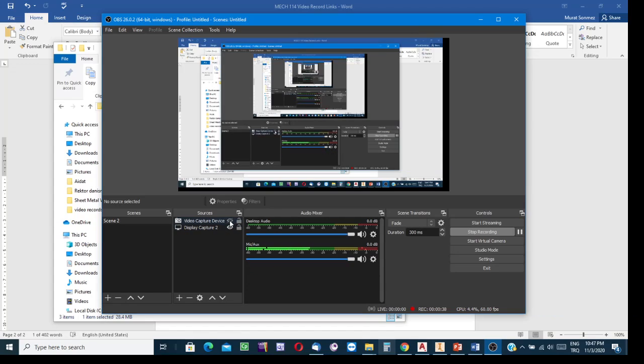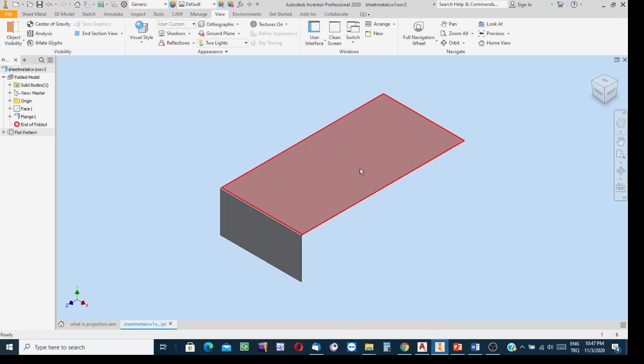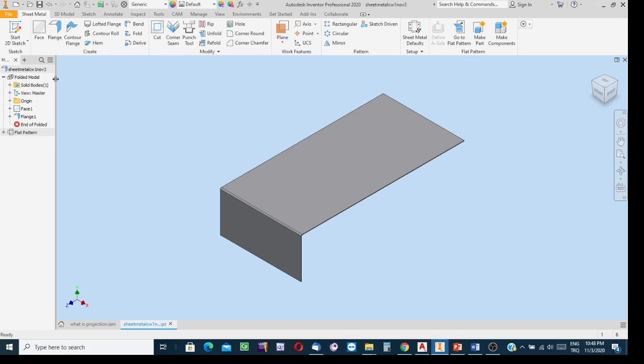I have already introduced you to the sheet metal facilities of Inventor, starting from the template option, then the configuration stage, and then, just after having a rectangle as the sketch, applying the process. Remember we had this part of the work, and then applying a flange creation process gave such a bended, folded part. And also, studying on this example up to this stage,